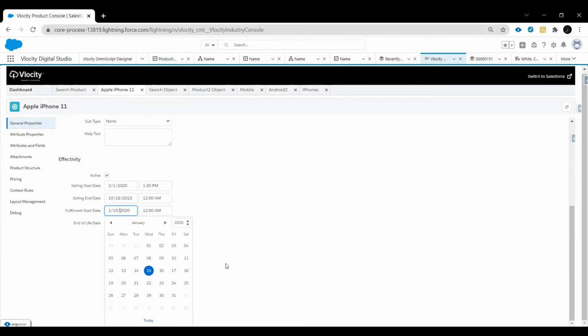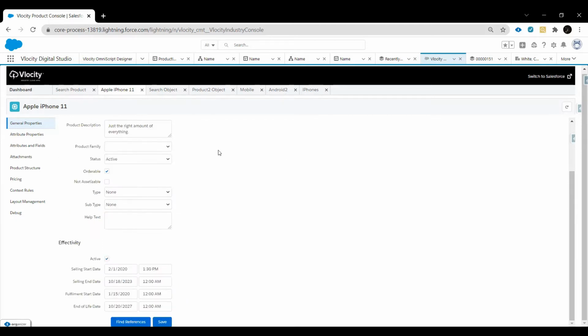Next, let's talk about the first fulfillment start date. You can see this is the 15th of January. Our product is launching on 1st of Feb, but the fulfillment start date is 15th of January. That means there are 15 days before the actual launch date. These 15 days are the tenure when users can pre-order it. At that time, in the cart, they will not get the order button. Instead, they will get the pre-order button. So the product is not yet launched, but still they can order it. This is how we can configure the pre-orders.